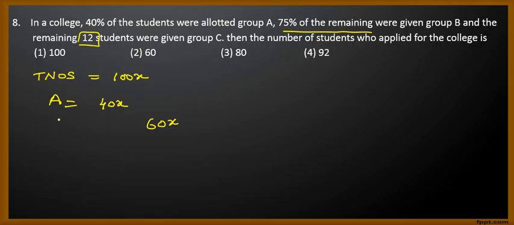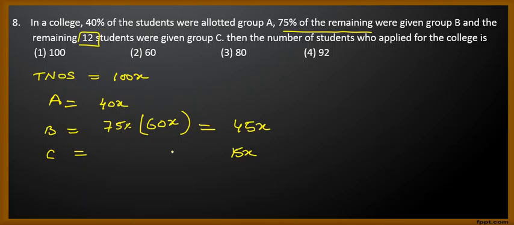Now for B, how much is allotted? If you observe, he said 75% of the remaining. What is the remaining? The remaining is 60x. So 75% of the remaining is equivalent to 45x. Now what is the leftover? From 60x, if you deduct 45x, the remaining part is 15x. So this is what is